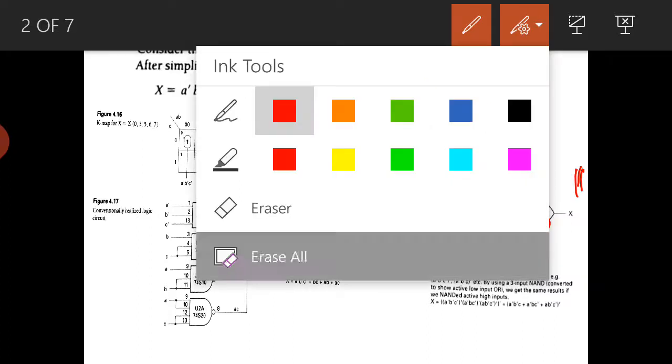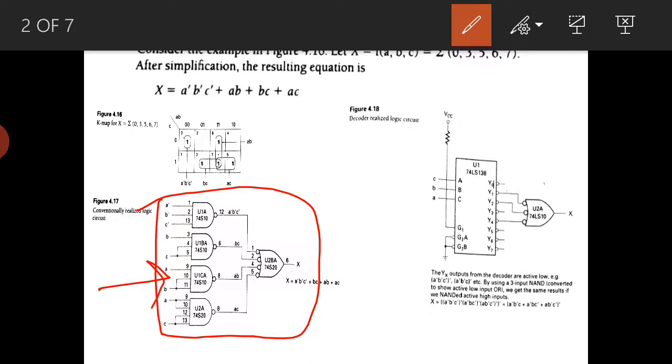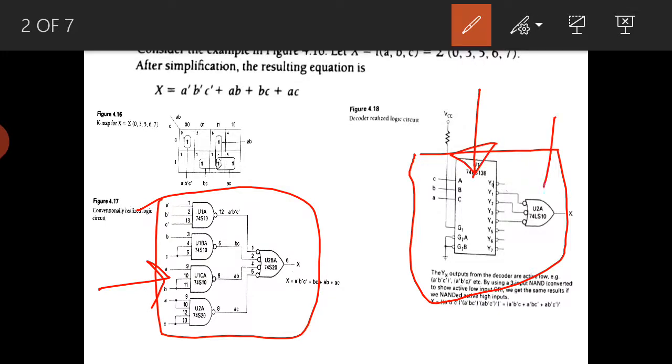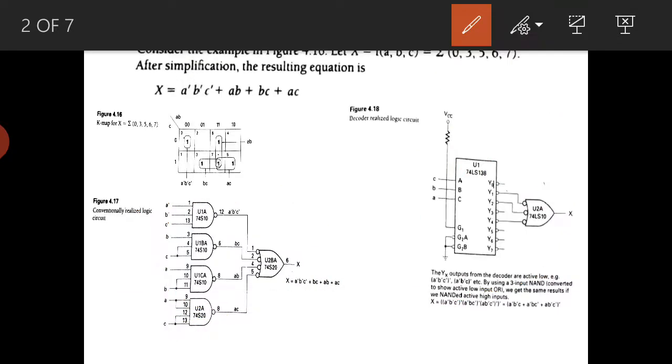Okay, so what we are seeing here is active low outputs realized by using the basic NAND gates, and the active low output we got by using the decoder IC and one more OR IC. So like this we can implement or realize the min terms by using the decoder and the basic gate, and using NAND gates is also a conventional method we can use. So what is the use of using a decoder here?